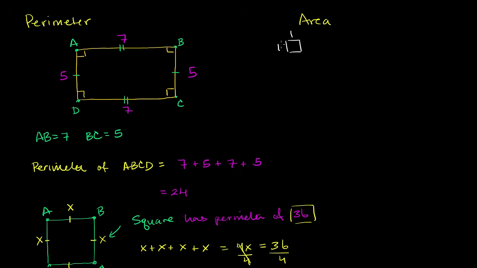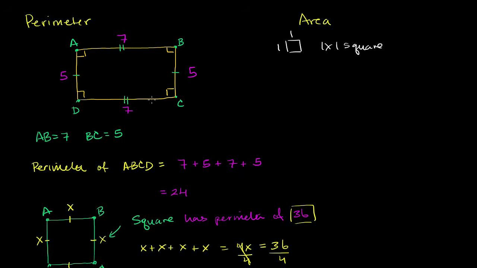And for a square, you could say it's a 1 by 1 square, because that specifies all of the sides. You could really say for a square where one side is 1, then all of the sides are going to be 1. So this is a 1 by 1 square. And so you can view the area of any figure as how many 1 by 1 squares can you fit